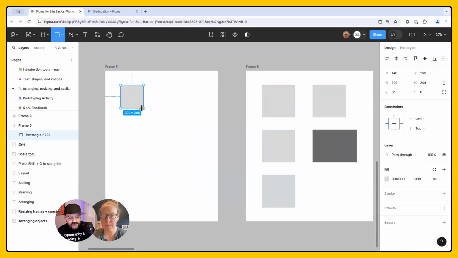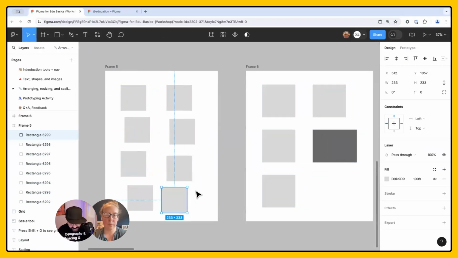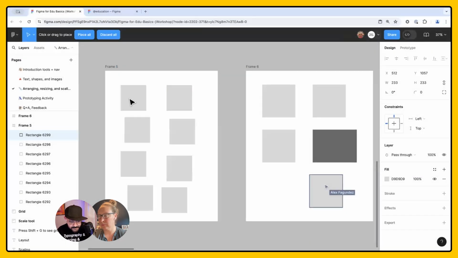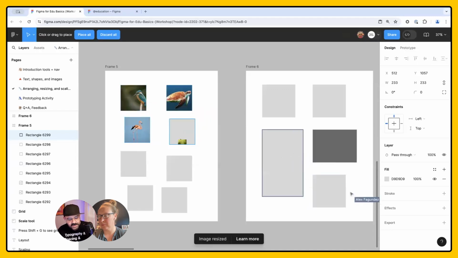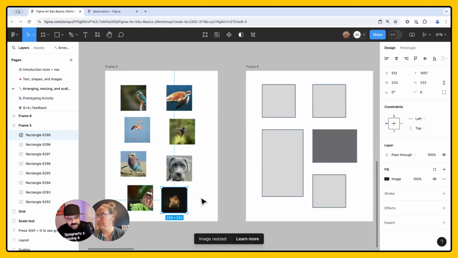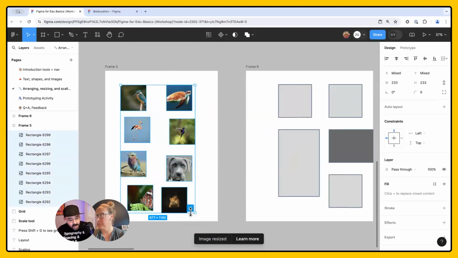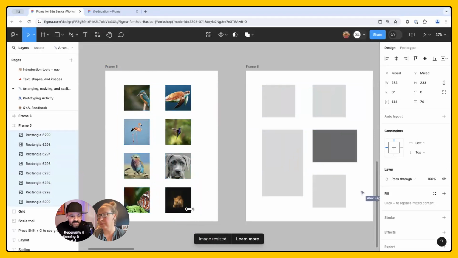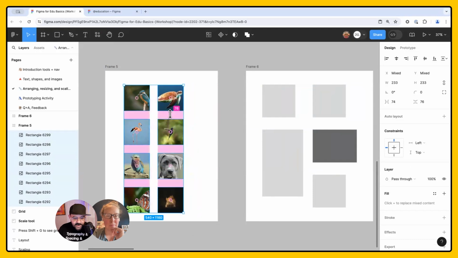R key, I draw out a shape, hold down the Option or the Alt key. I can drag a lot of them, right? And for funsies, let's make those into images. So I'm going to place those images: one, two, three, four, five, six, seven, eight, right? And I can arrange them by clicking on this little arrangement. It looks like a saltine, looks like a cracker, the arrangement cracker. I can change the spacing between them now.